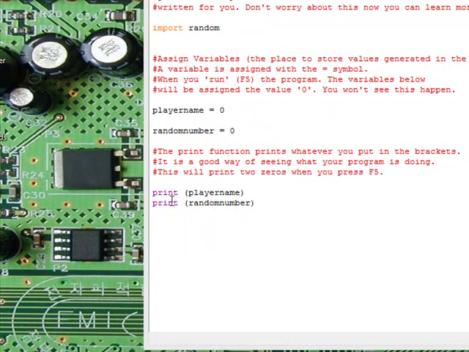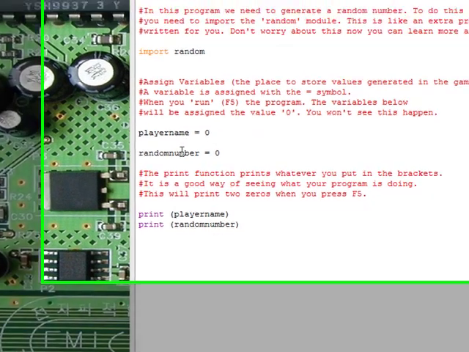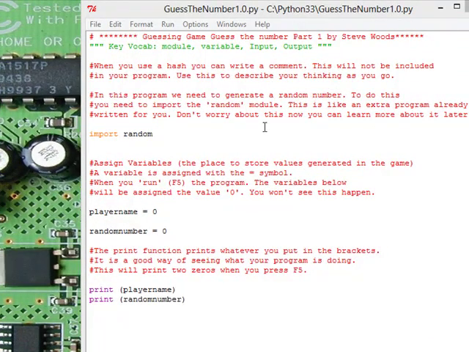The very first thing in the program here, I've just put print player name and print random number. I'm going to get these two variables to print, which should give me 2 zeros. So when I run that program by pressing F5, it opens up shell,